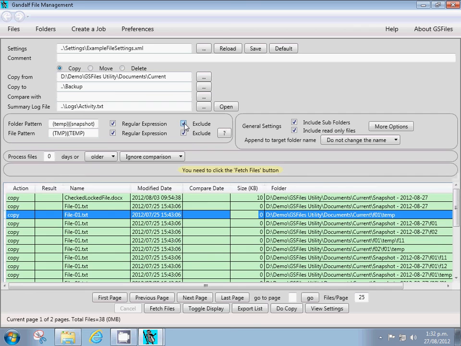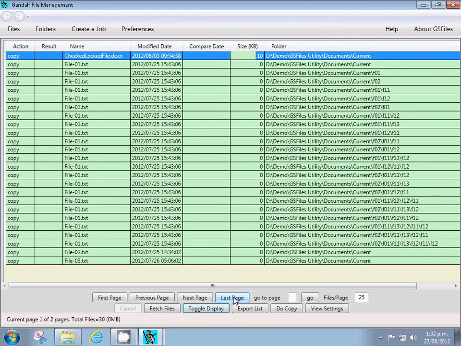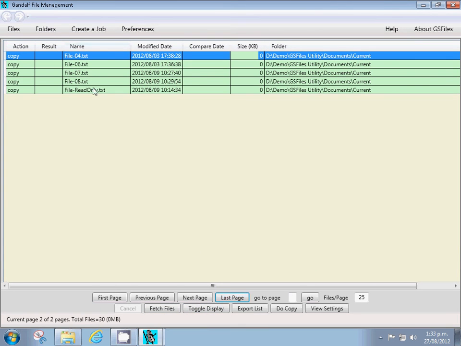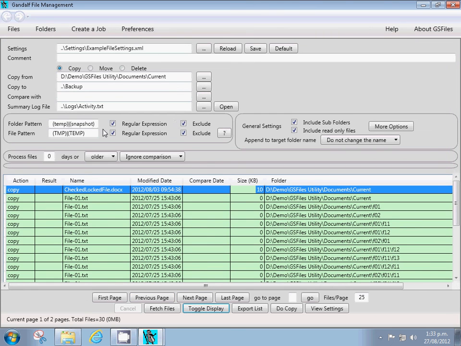And now I have a list of files that are current. There are no temporary files, and all the temp and snapshot folders have been excluded. And all that's left for me now is to decide what to do about this configuration. If this is a configuration that I will want to keep for another occasion, then I can save it, which